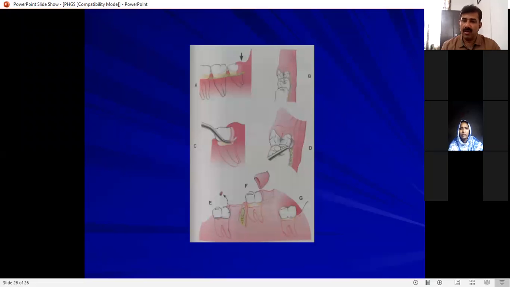Based on that radiographic assessment, you come to a conclusion that there is space and the tooth will erupt in the oral cavity. If the tooth is going to erupt in the oral cavity, then you will have to remove that tissue over there, and that procedure by which you remove the tissue is known as operculectomy. You can do this operculectomy using a scalpel, your gingivectomy knives, electrocautery, or lasers.